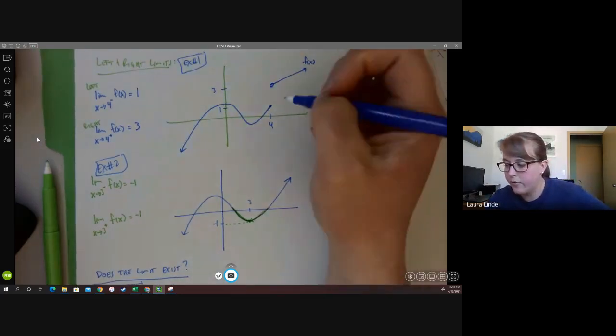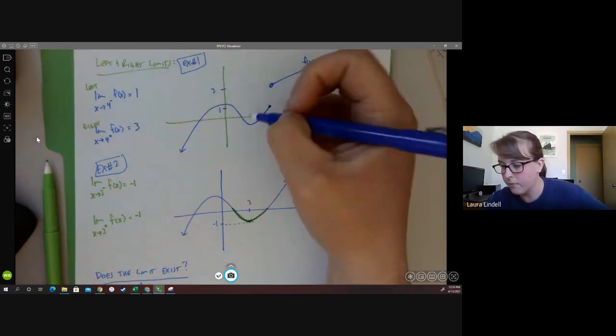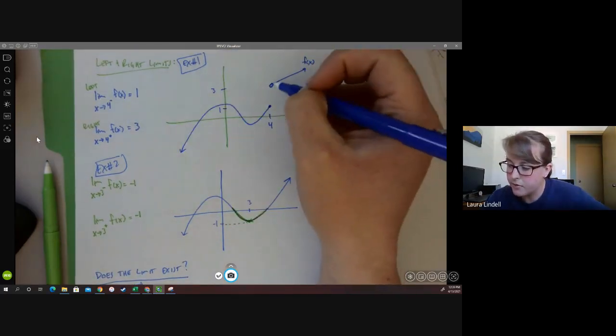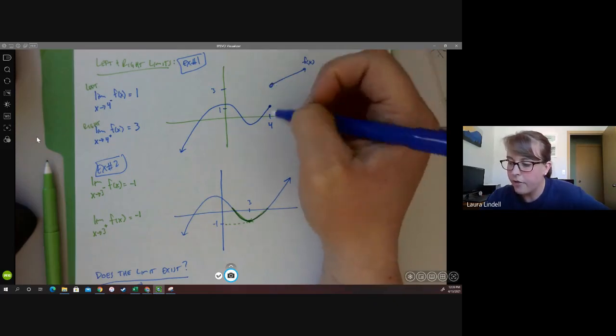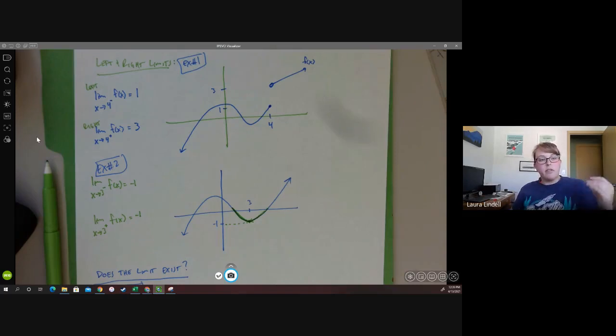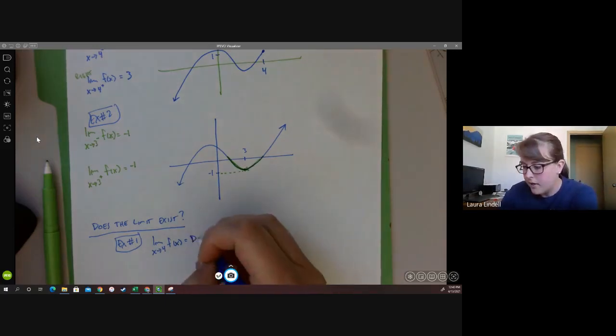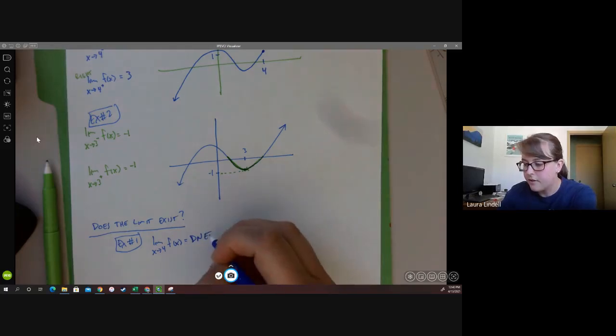So if I have two different limits overall, I have limit as x goes to 4 from the left. I have limit as x goes to 4 from the right. Those are two different numbers. So if those two numbers are different, if the left-hand limit and the right-hand limit are not the same, then overall, the limit does not exist. So if I have just limit as x goes to 4 without a plus or a minus denoted here, this limit does not exist